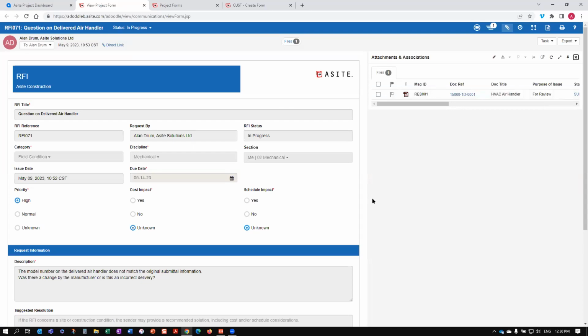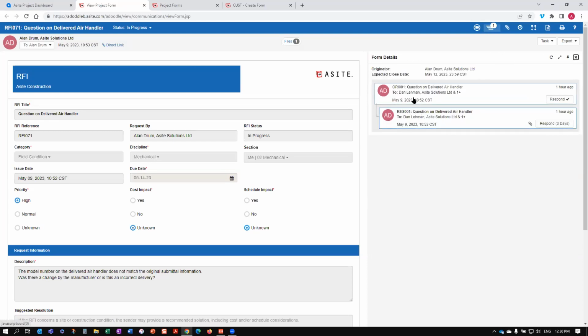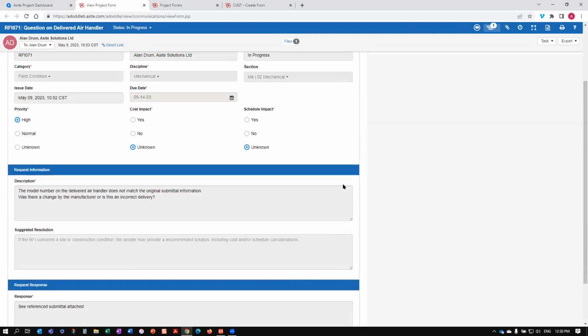And this, again, as Dan mentioned, is designed for both internal users and certainly external users. The initial view you saw tracks the history of the collaboration or interaction. The question was raised and sent to Dan, an answer was replied and sent to Dan, and we're now in the process of getting his acknowledgement or response